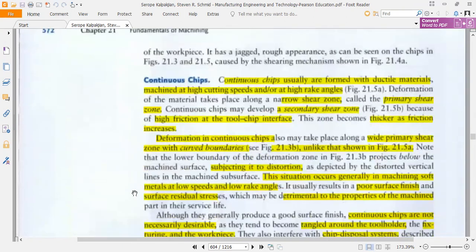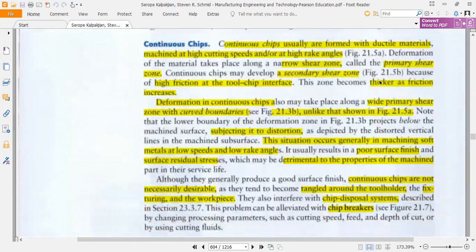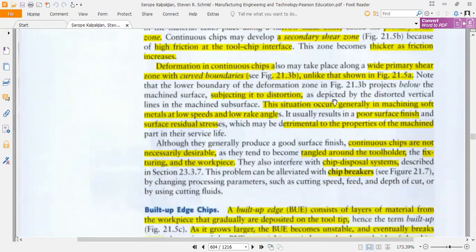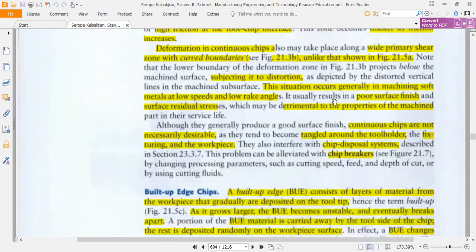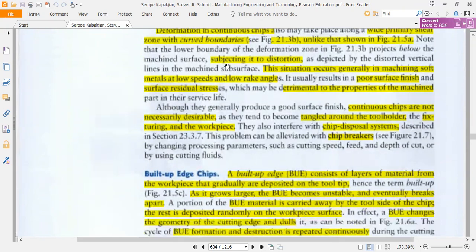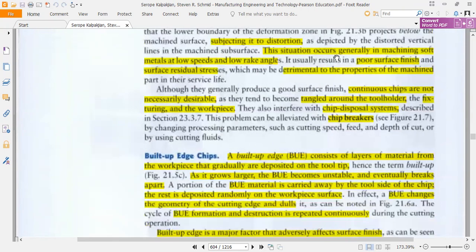So continuous chips are formed when a ductile material is machined at high cutting speed, high rake angles, and a very narrow shear zone is made. This is known as the primary shear zone, and the friction at the tool-chip interface is very high. Deformation in continuous chips may also take place along a wide primary shear zone with curved boundaries. Further,